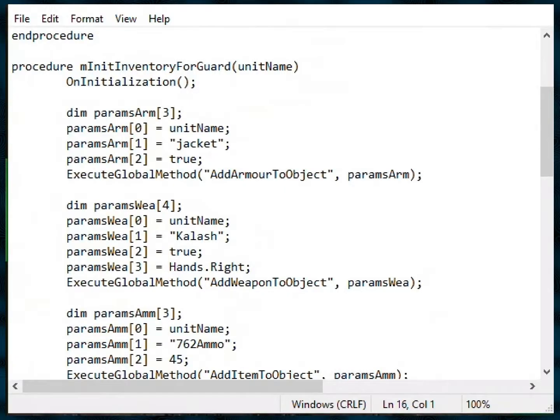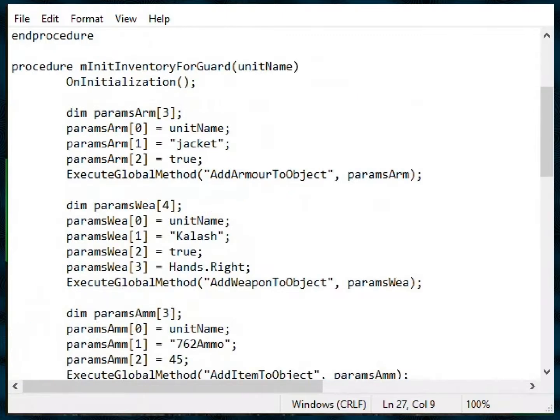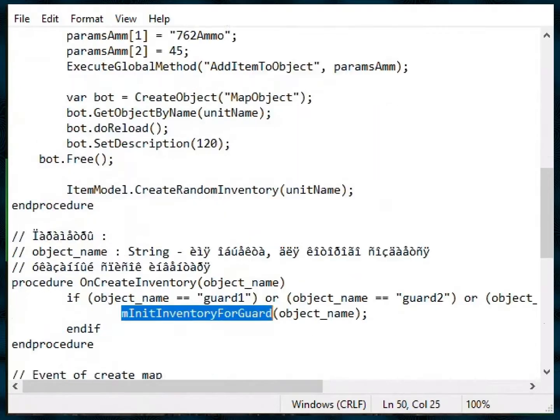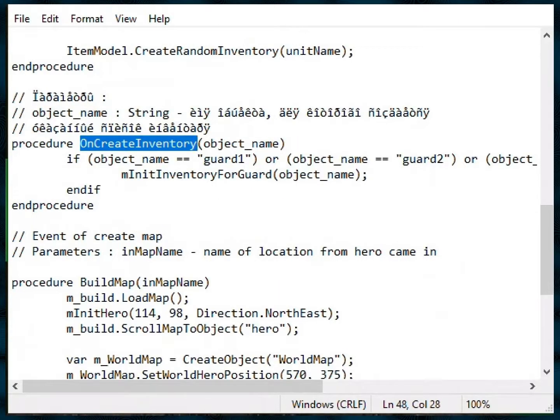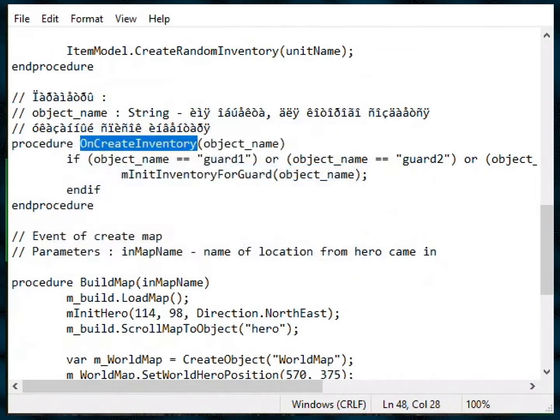The problem is that if I initialize here, surely at some point the initialization is going to happen again, and so all of this is just going to do nothing. What calls this function? On create inventory... Yeah, there's a handler. So maybe you should initialize here? I guess it doesn't really matter, because this is going to be called multiple times, clearly, so it's going to be all the same.